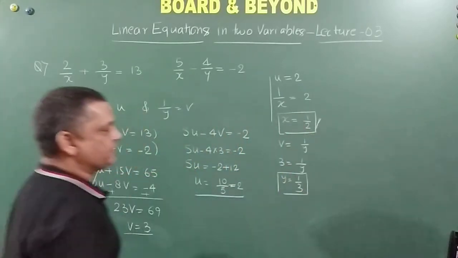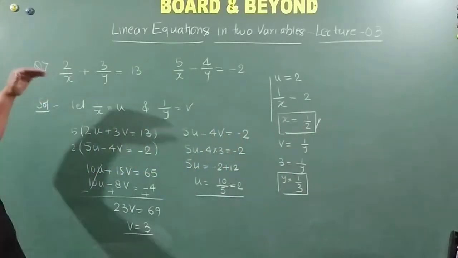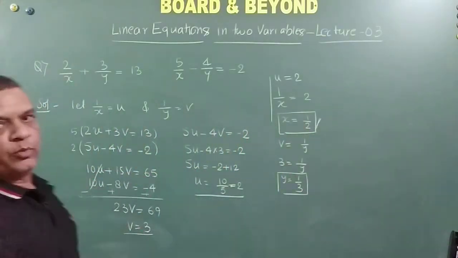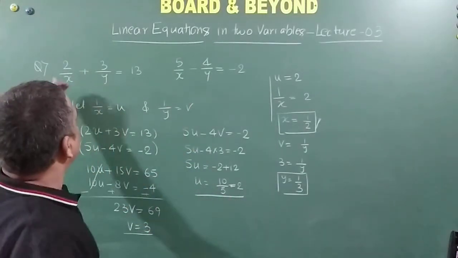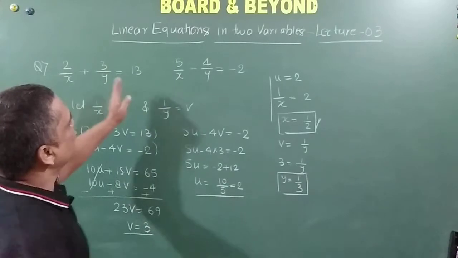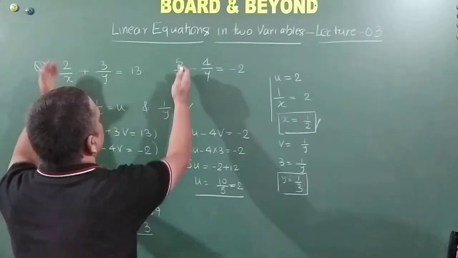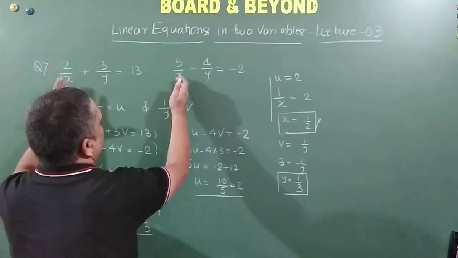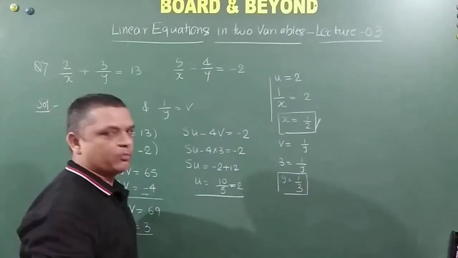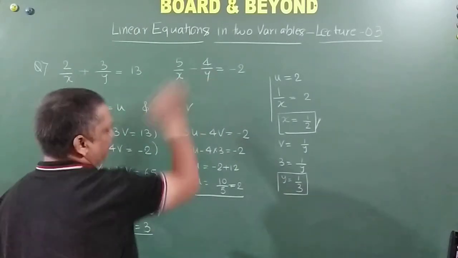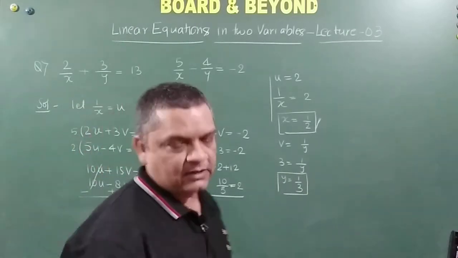You got the method of solving it? Whenever the variables are coming in the denominator, friends, please use this method. But before using it, just check the variables in both the equations. In both the equations it should be the same, like 1 by x and 1 by y. If that is different, then we have a problem. So this y and this y should match, right friends? Let me take down the next problem now.